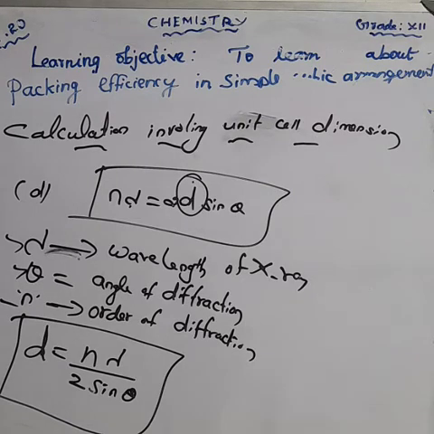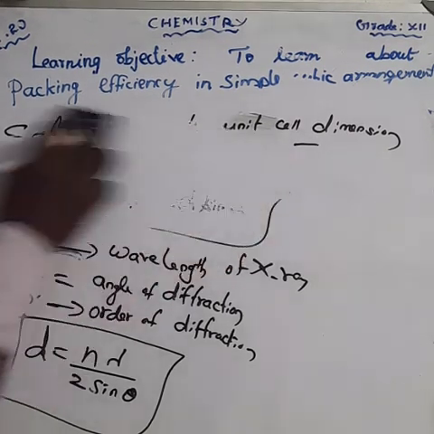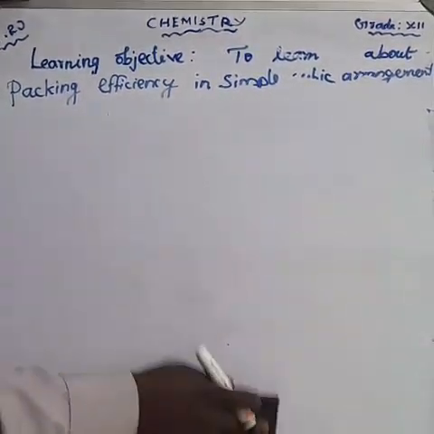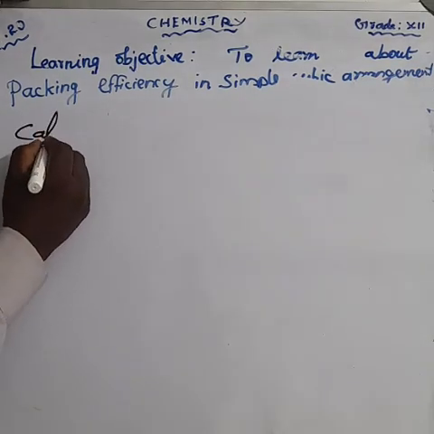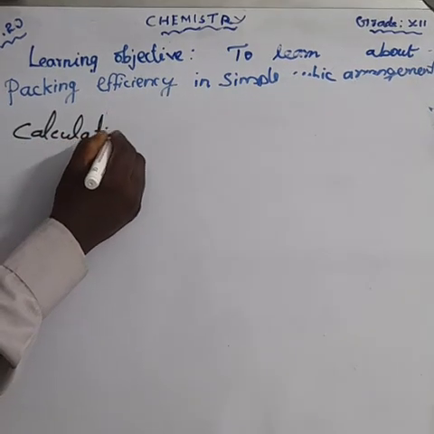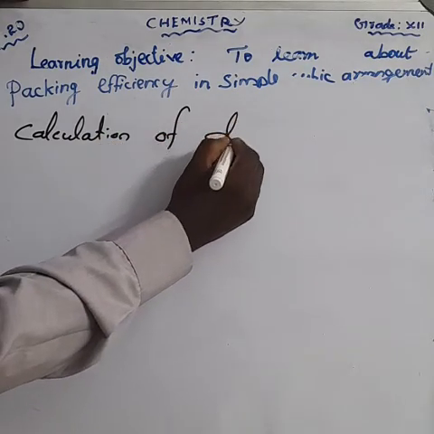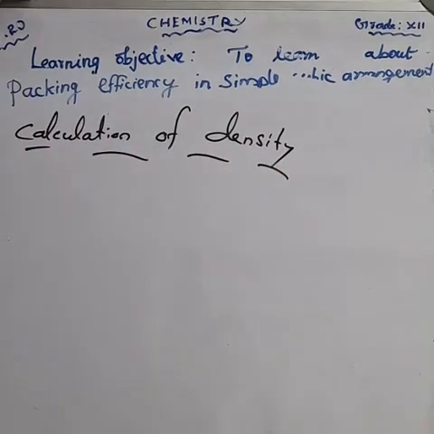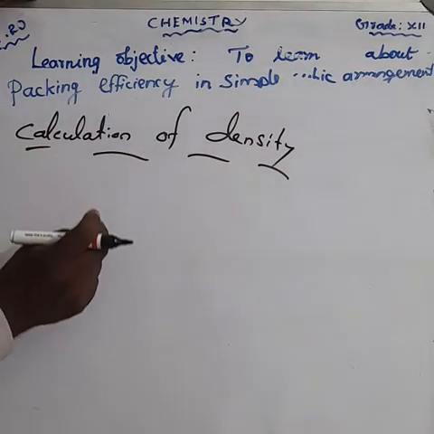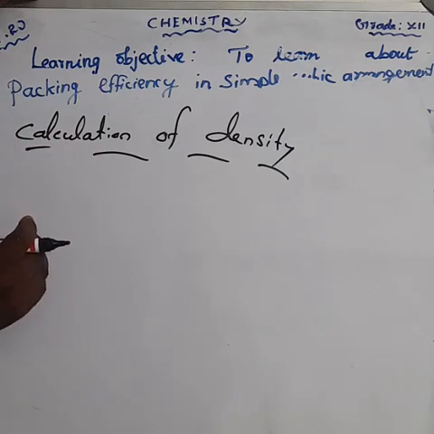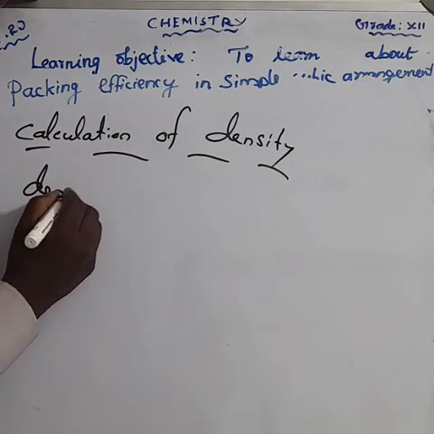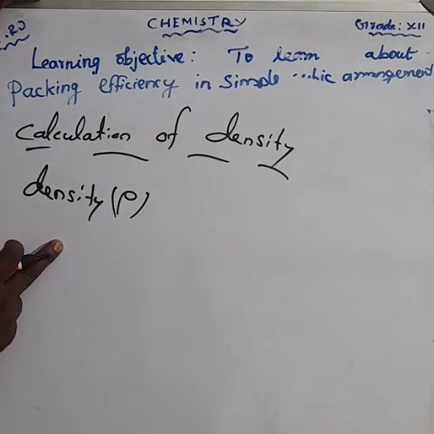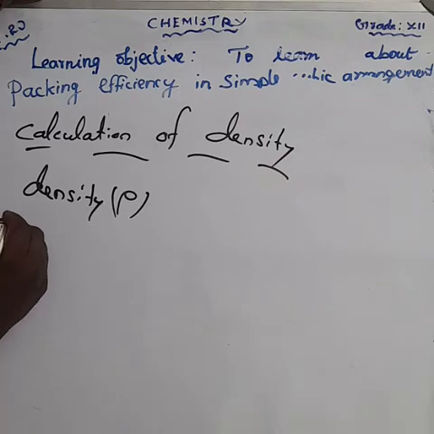Okay. Next, the calculation of density. Using the edge length of the unit cell, we can calculate the density. Density means rho. Okay, we are saying rho of the crystal, the density of the unit cell, rho is equal to